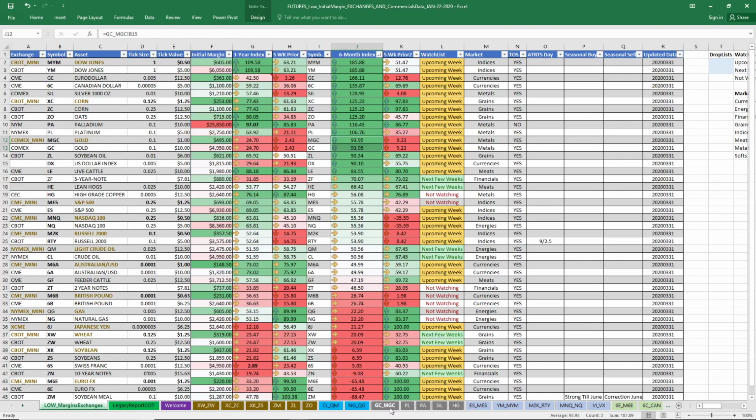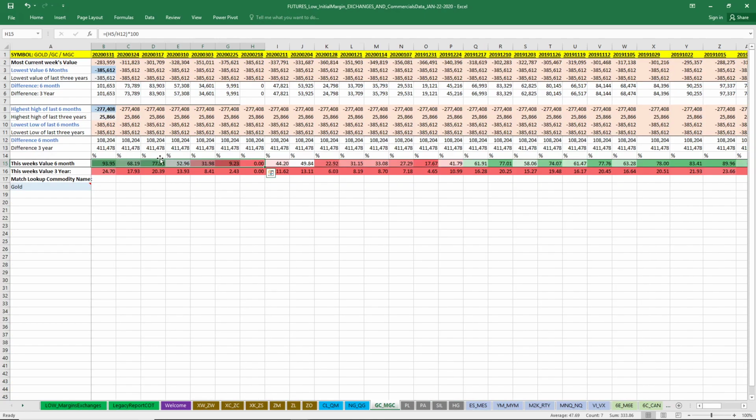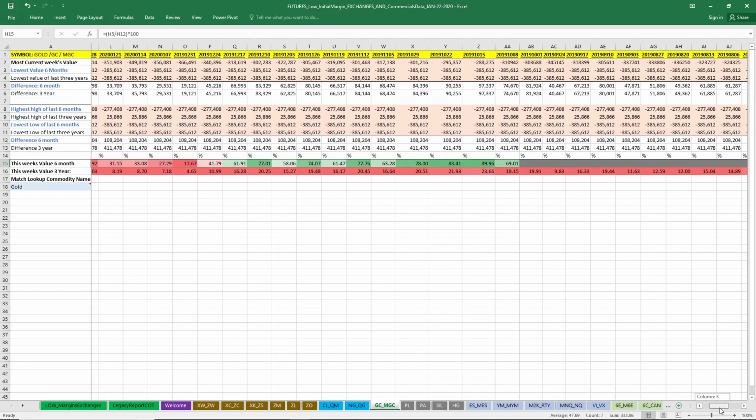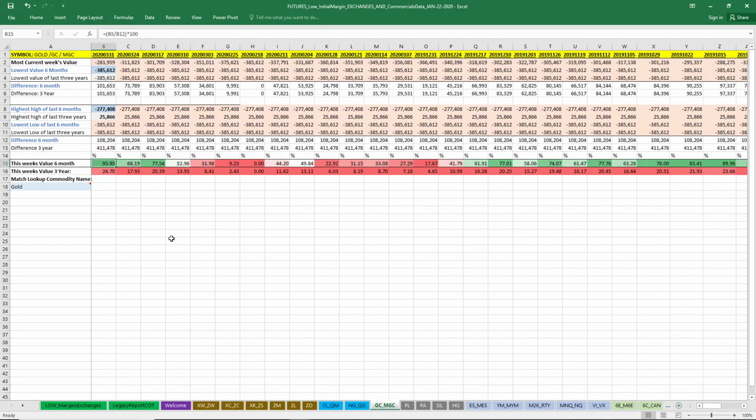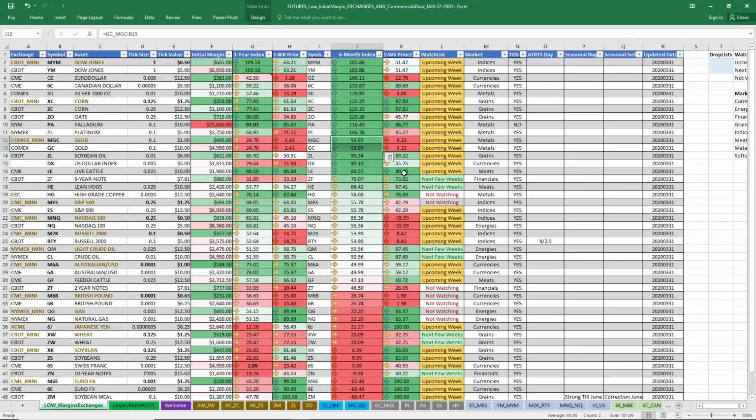So something to maintain is the look on gold, because they're even more bullish this week with net long positions than they have been on a 6-month index. It's not quite set new highs at 93%. Could it be the highest in the last 6 months? It is the highest in the last 6 months, but we haven't gotten up to 100%. But up over 80, holding highs. Well, look at this 3-year index. I think they were getting killed on this, on the 3-year. All right, let's get moving.